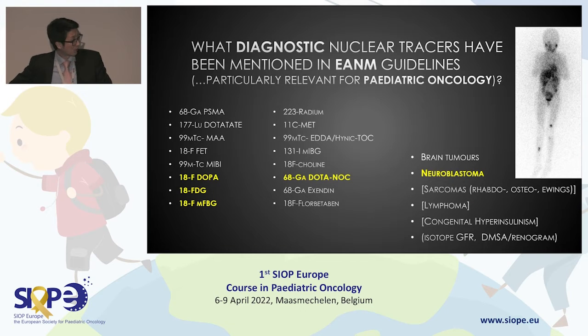And on top of that, there are up-and-coming research tracers. So F18 MFBG is increasingly being used in the research setting. It is basically an MIBG analog, but with an F18 radioisotope attached for PET imaging to potentially give superior imaging results. And F-DOPA is an L-DOPA analog, again, for